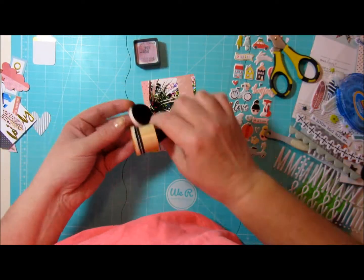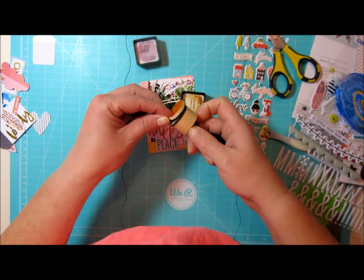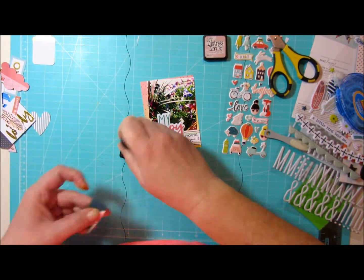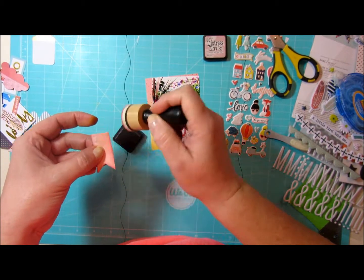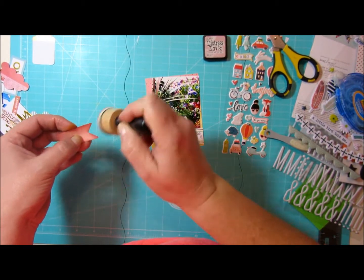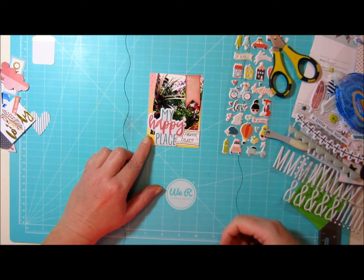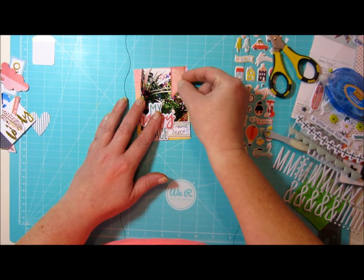So I've got that one. I'm going to add, I think, one more. Yeah, I used the wrong one. So I'm going to ink the edges of that in just some pink, so that it pops. And then, like I said, I think I pull in a little bit of a darker one, and I think it might be from a branding strip, maybe, that I pull in there just to kind of,